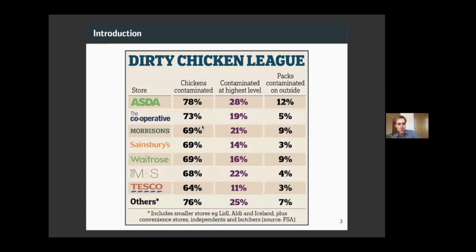As we see in this first column here, lots of our supermarket chickens are contaminated with Campylobacter, unfortunately. But one thing to take away from these percentages, 70, 80, 60% infection rate, is that that's not necessarily within a flock. What you tend to see when a flock comes into a slaughterhouse is that either a flock is mostly all clean or mostly all infected. There are very few cases where it might be somewhere in the middle, but normally it's an either-or case.